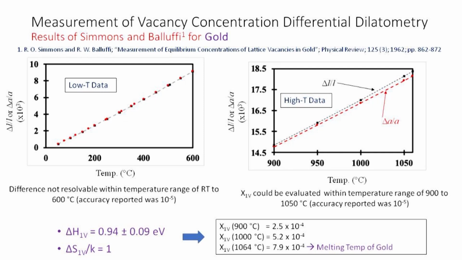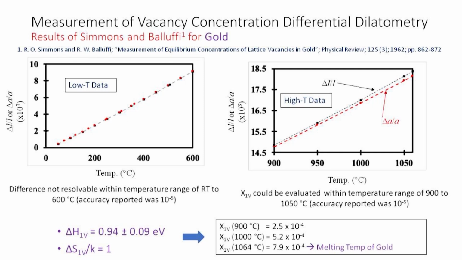But at higher temperature range, 900 to 1050 degrees centigrade, you can see the difference between delta L by L and delta A by A is detectable. Delta L by L is of course higher than delta A by A, and the difference is increasing with increasing temperature. So, they then plotted in this temperature range, 900 to 1050 degree centigrade, x1V versus 1 by T,